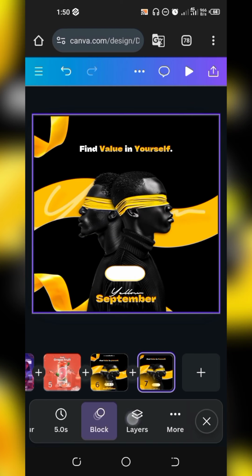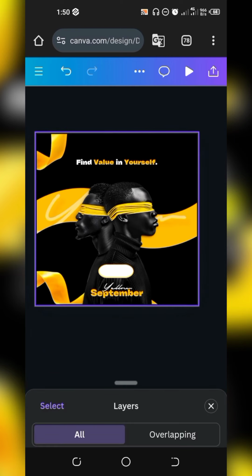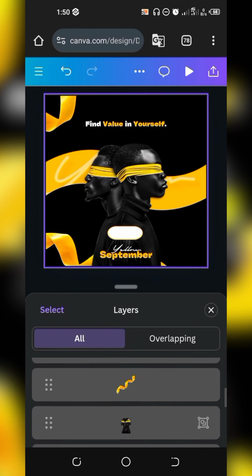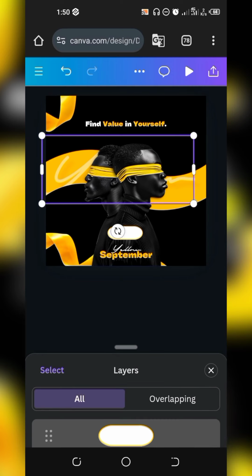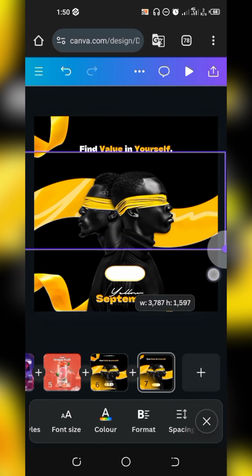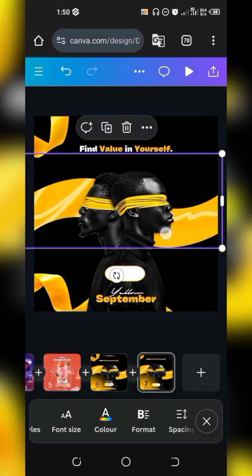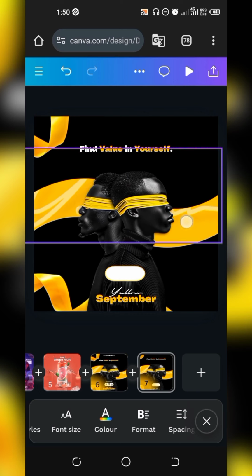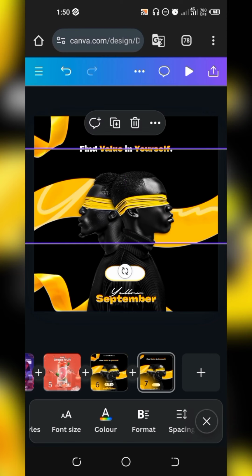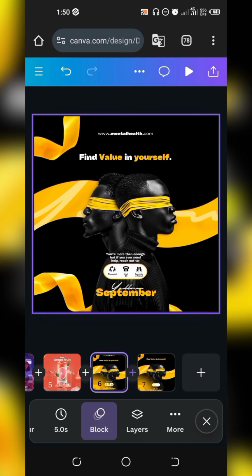So let's go over to our layers here. Okay, let's look for yellow in the background. Then let's drag this up like so. Okay, exactly. Let's still take it up a bit. Let's check with our previous one.